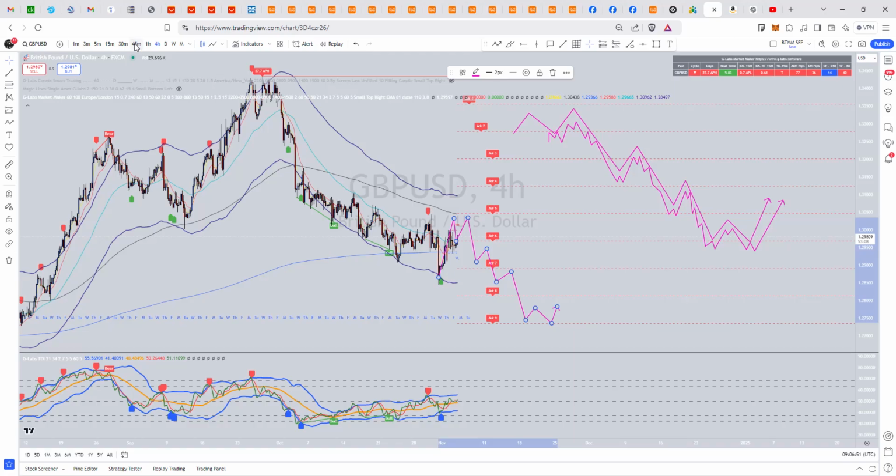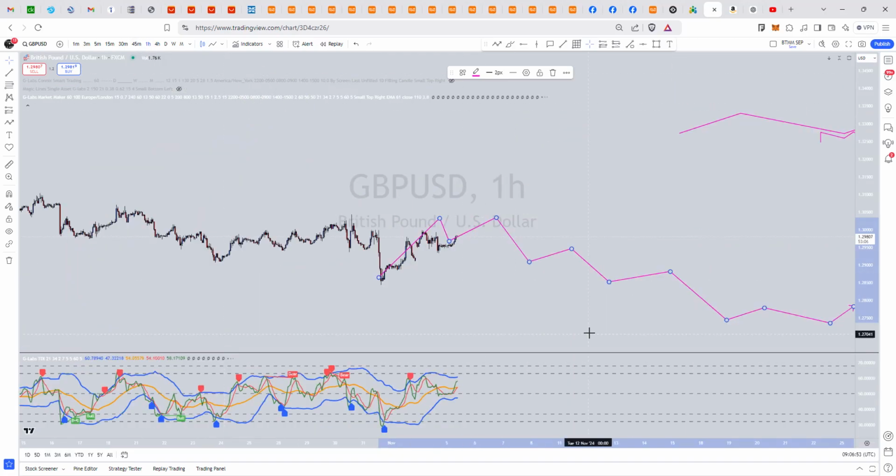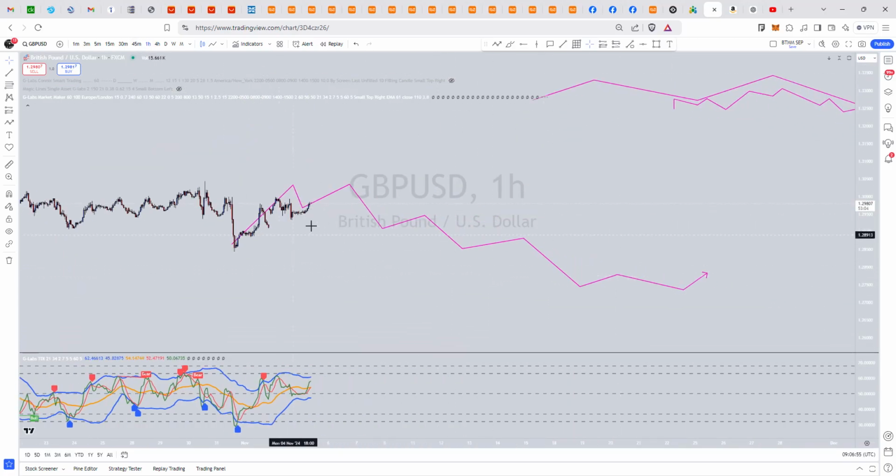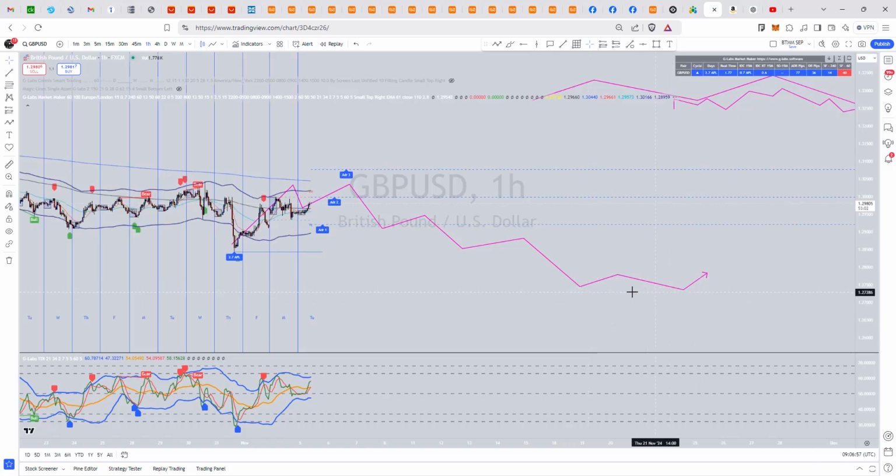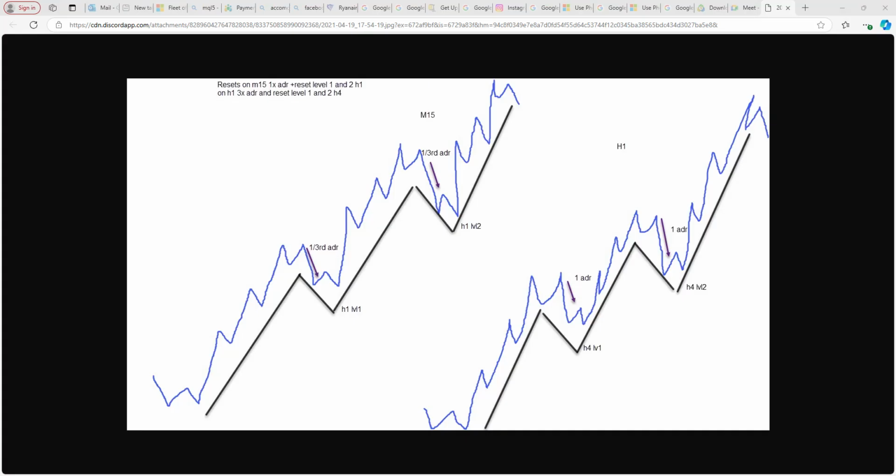Yeah, so on H1 we'll probably see this reset and then continue down. So I wouldn't be surprised if this takes out the bands, touches this, comes close to this EMA, and then continues down. Yeah, that's the best way I can really explain, I think. Let me just pull up a drawing. So I think this drawing here